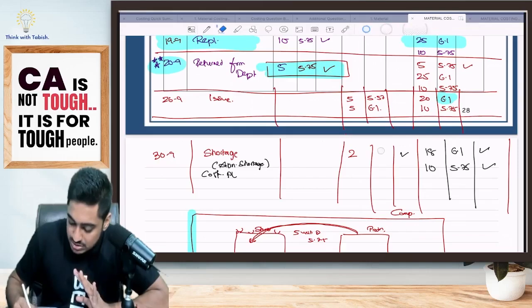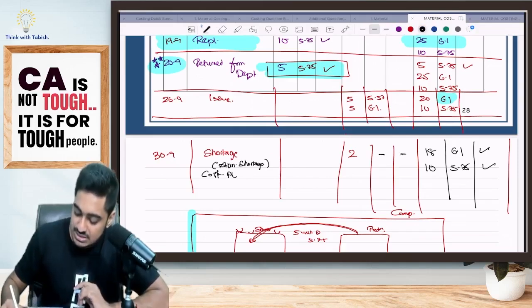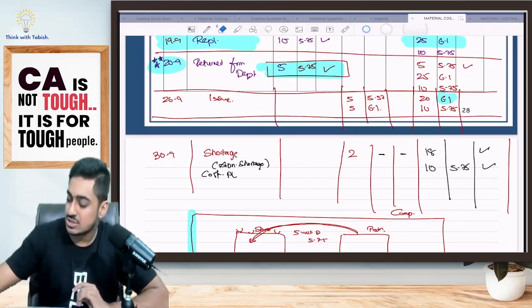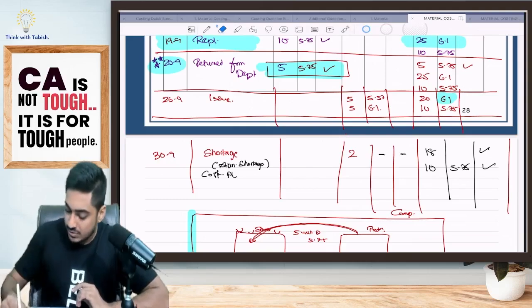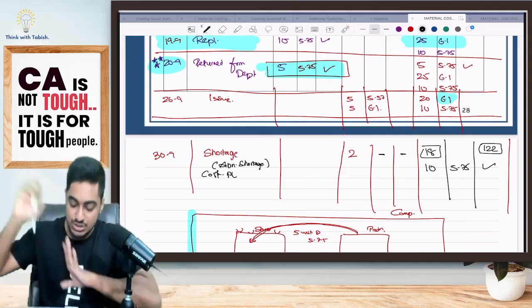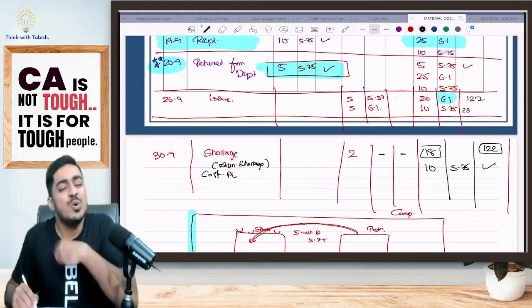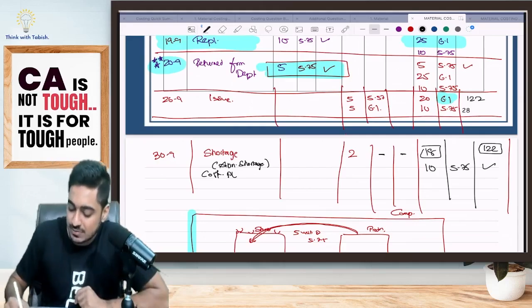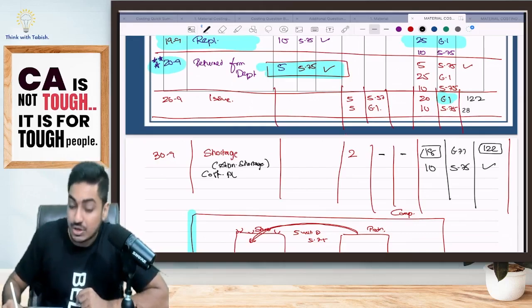Even if it was normal loss, I would have said, okay boss, 2 units are gone. Yes, 18 units is there. I will do 20 into 6.1, which is the total value, 122. Yes, it is FIFO. So I'll assume 20 units were there. For that, total value was 122. The 2 units, I know, will go off before. That means effectively 122 I paid for 18 units. Accordingly, I'll be calculating my per unit cost inflated.